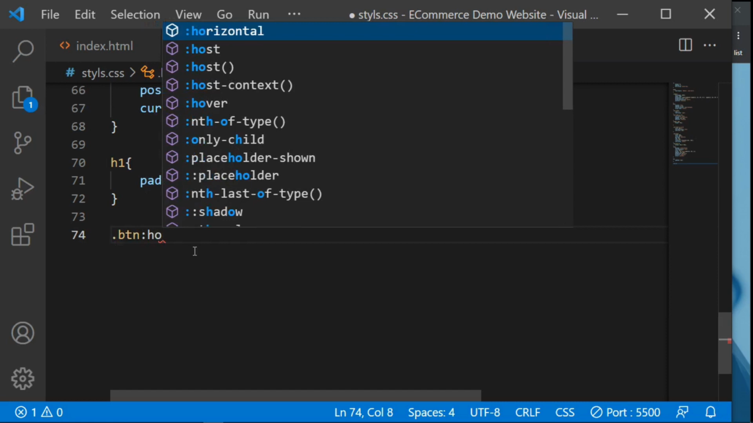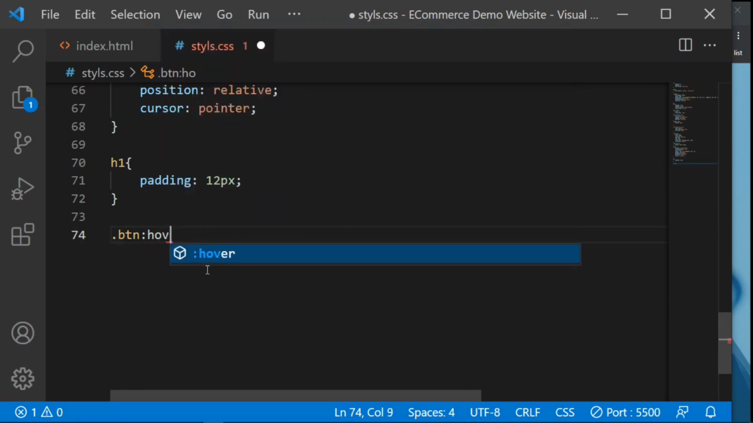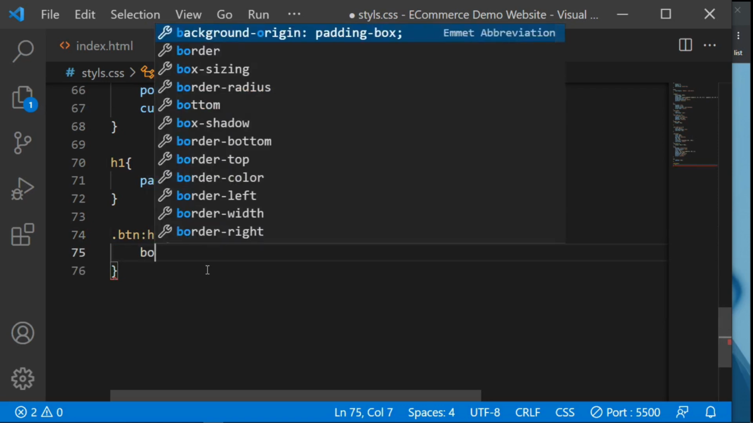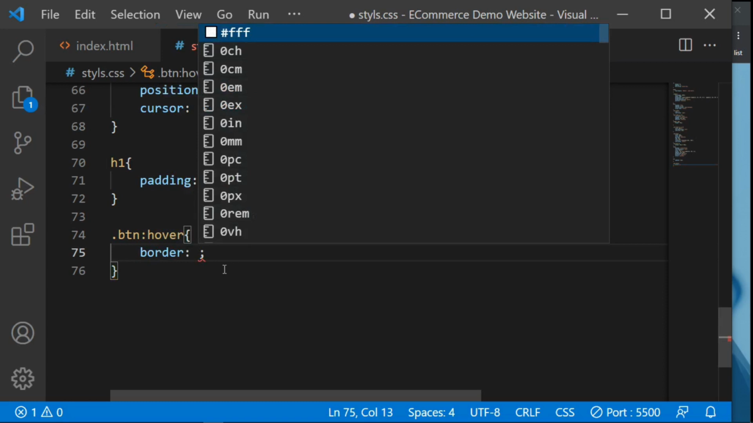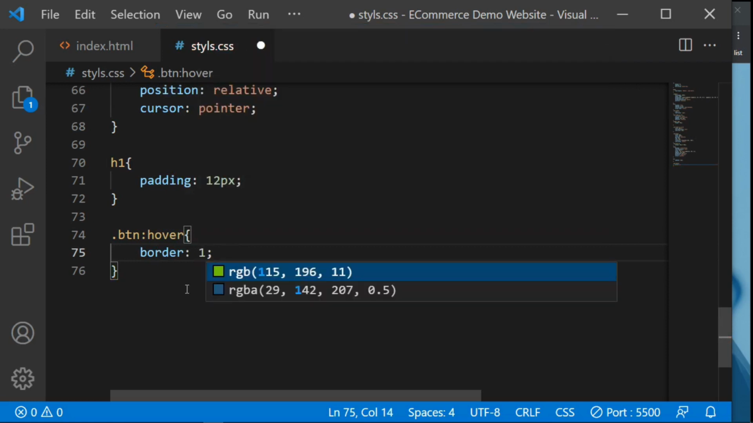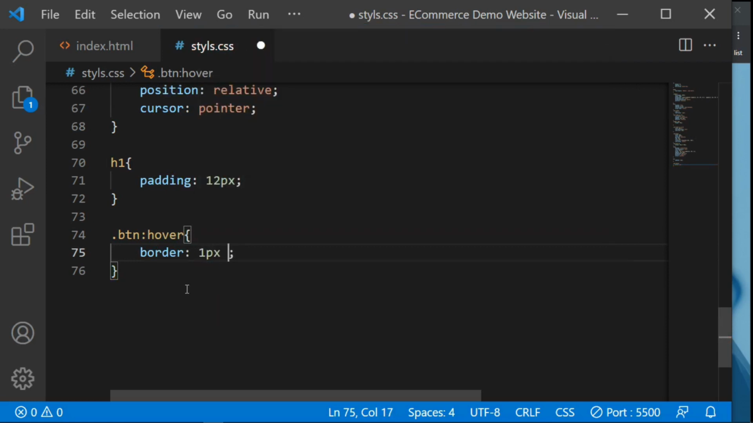So hover, and then now open and close the curly braces, and then first of all, I'm going to give it a border. Remember, we are using the anchor tag, it's not a button, so you must place some border there. So 1 pixel, and then a solid. You can use any style you want. I like solid, and then let me use hot